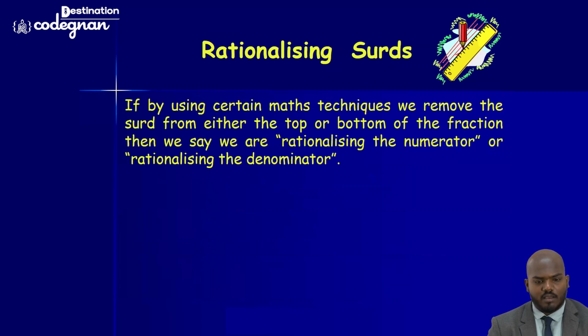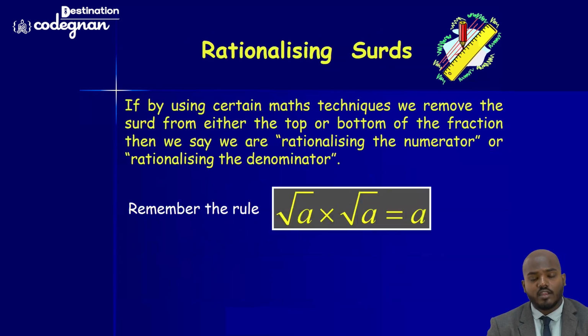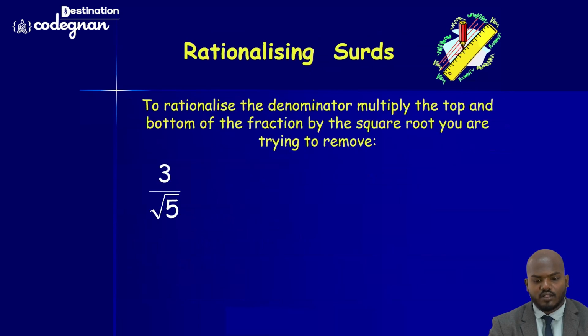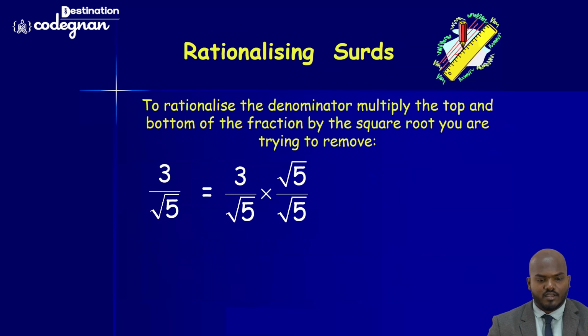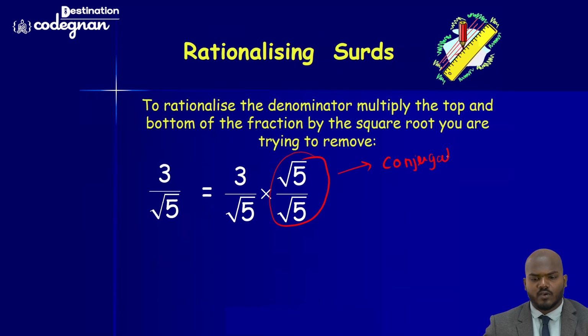I just want to introduce the term called conjugation. I don't know how many of you remember conjugation here. This will help you to solve this one. Okay, I have 3 by root 5 here. So this is the thing called conjugation. I can use this particular step, called conjugation. What is conjugation? Conjugation will create the binomial, so by that you will get the cancellation. If you get the cancellation, you will get the solution. That is what we call conjugation.